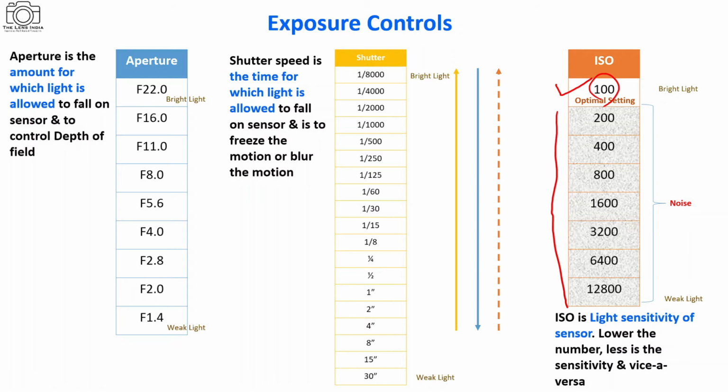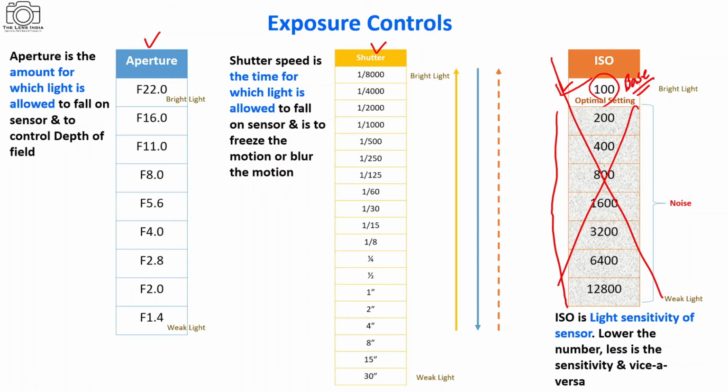But for now, if you ask me, my recommendation is that we will always try to shoot the picture at ISO 100. Of course, when we are trying to shoot the picture at ISO 100, we will have some limitations to capture the picture, but definitely we will be able to maintain a good quality of the pictures we capture. Okay. So for the time being, we will exclude ISO from our exposure control topic, and we will only consider the topic of aperture and the shutter speed, and assuming ISO 100 as the base, we will try to only set the exposure with the shutter speed and aperture.